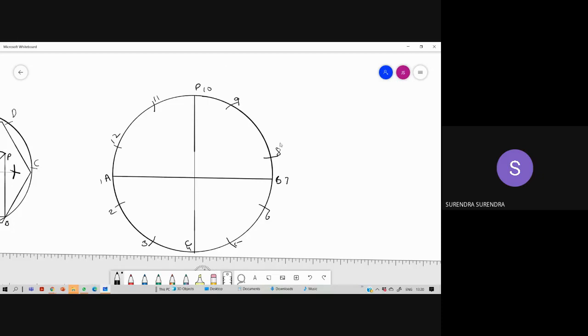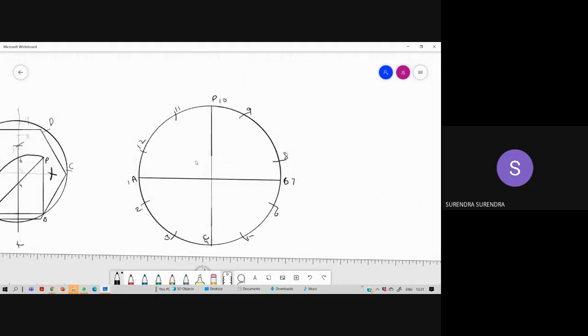No, sir. I'm repeating. First draw the circle and draw a horizontal diameter line and a vertical diameter line and name the corners as A, B, C, D. Now take the compass, radius equal to the radius of the circle, A as center, draw arcs on both the sides. Next, B as center, draw 2 more arcs, C as center, 2 arcs, and D as center, 2 arcs. So in total you will get 12 divisions. So this is how to divide a circle into 12 divisions.